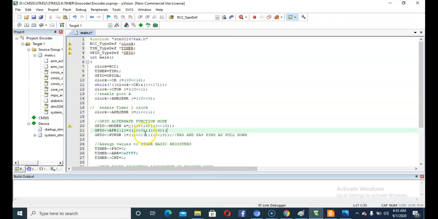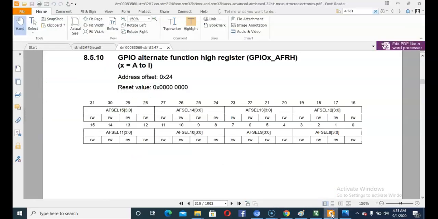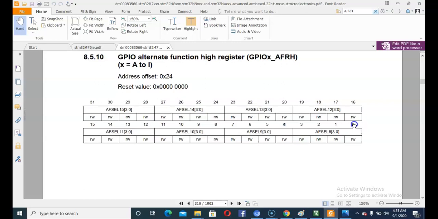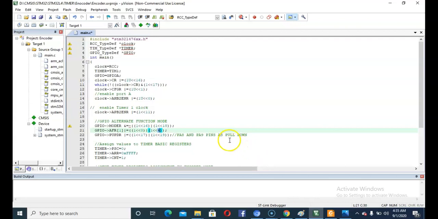As you can see, we are setting the 0th and the 4th bit here, which corresponds to AF1 value. So we will set this bit and this bit to get the timer 1 channel 1 and timer 1 channel 2 in the corresponding mode. So as you can see, this is done.